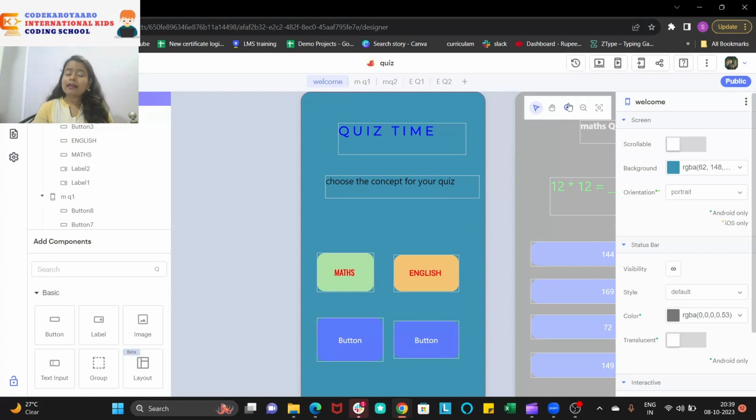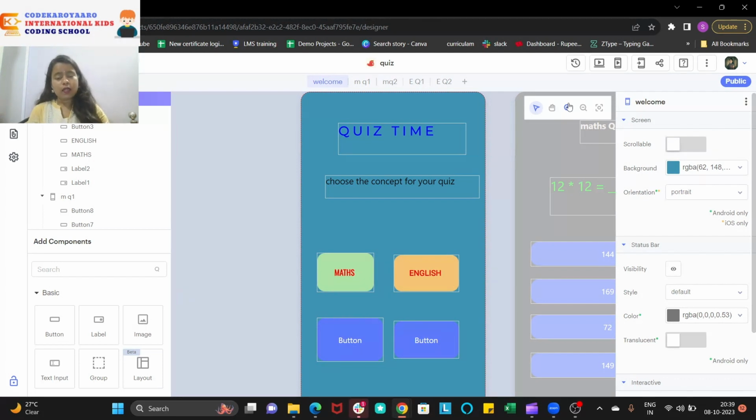Now, testing requires each and every concept. It means you should not only check math question number 1, but also option 1, option 2, option 3, option 4. You even have to check whether the question you have given is proper or not.